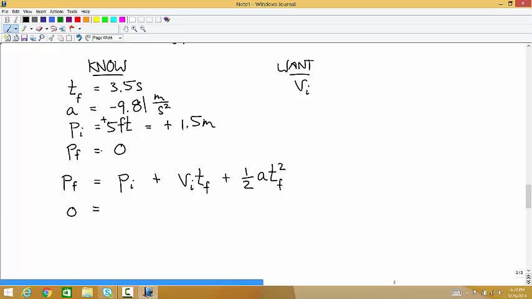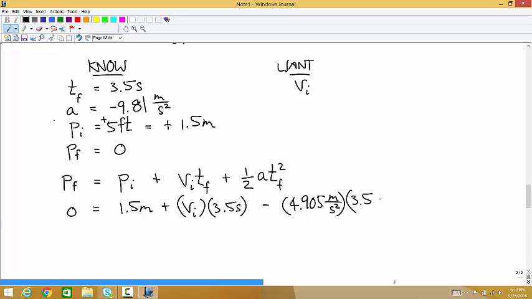So 0 is equal to 1.5 meters plus VI times 3.5 seconds minus 4.905 meters per second squared, bless you, times 3.5 seconds squared. And we're just solving that for VI. We get that VI is